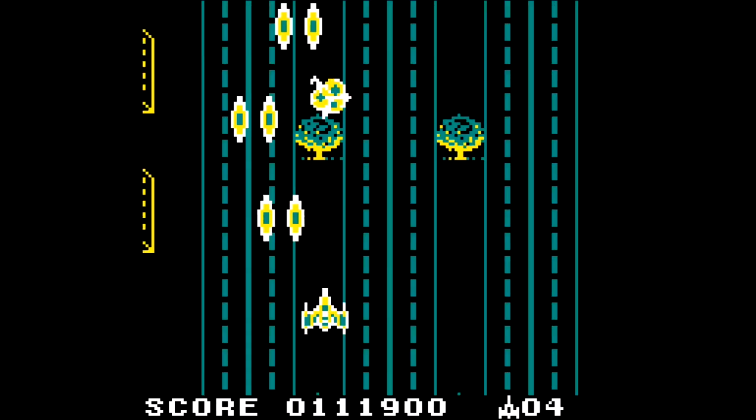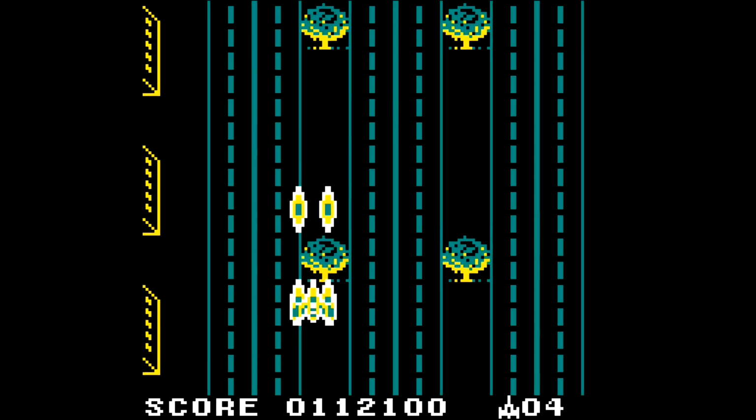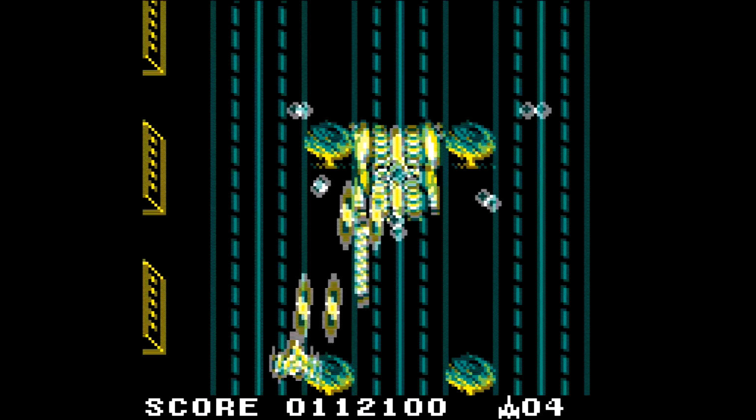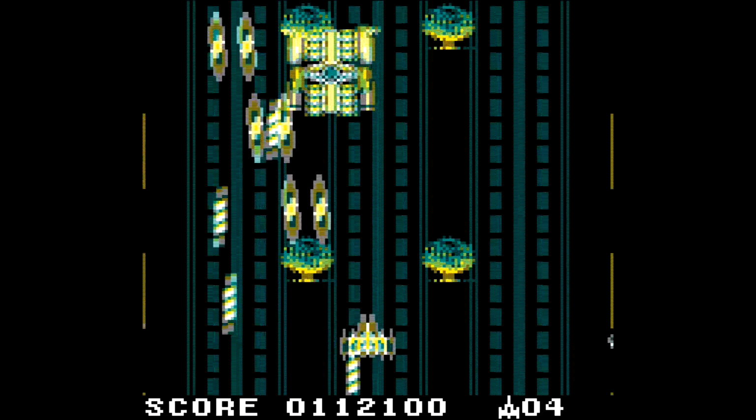Stages start off fairly simple, gradually weaving in more detail. Levels vary as you fly through planet Turin, and after the halfway point is where levels start to look pretty interesting with more biomechanical theming. While Solar Striker doesn't run incredibly fast, the pacing is decent and can throw a decent amount of enemies on